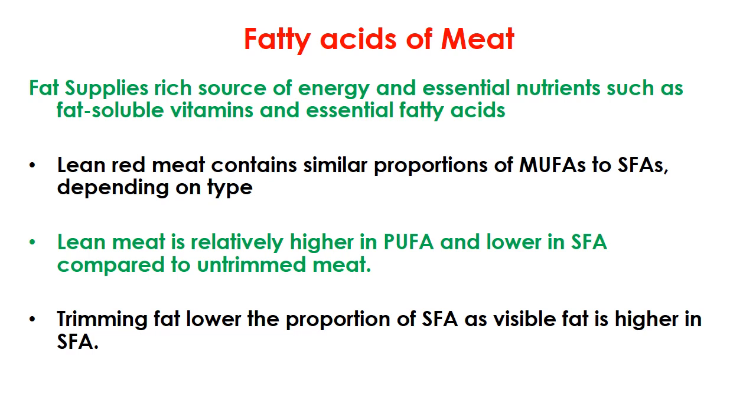So if we take whole meat along with all the fat, then it will have a little bit more saturated fatty acid. But when the trimming is done, the polyunsaturated fatty acid proportion increases. Why does this happen? Because the superficial fat, particularly below the skin, the visible fat, is removed. Then only we can call it lean meat. That superficial fat contains a higher amount of saturated fatty acid. So when it is removed, the remaining fat has more unsaturated fatty acids, which is healthy.